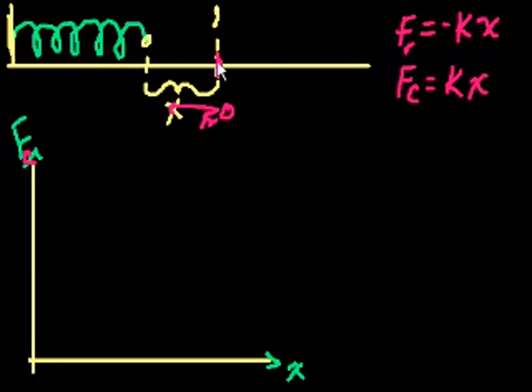So when x is 0, which is right here, how much force do we need to apply to compress the spring? Well, if we give 0 force, the spring won't move. But if we just give an infinitesimal, super small amount of force, we'll compress the spring just a little bit, right? Because at that point, the force of compression is going to be pretty much 0. So to displace the spring 0, we apply 0 force. To displace the spring a little bit, we have to apply a little bit more force. To displace the spring 1 meter, so if this is, say, 1 meter,